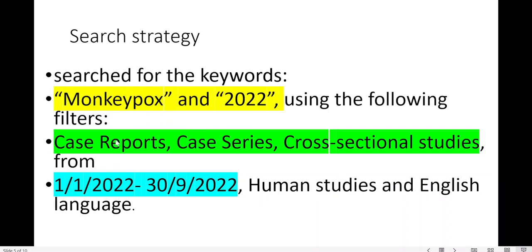The nature of the studies included were case reports, case series, and cross-sectional studies, because we believe that these will give us the data required to achieve the objectives of this review. And also there was a specific time frame, which was during the year 2022, because it's relevant to the study